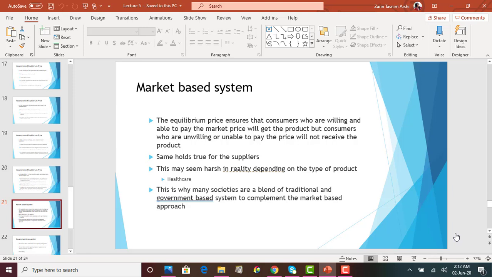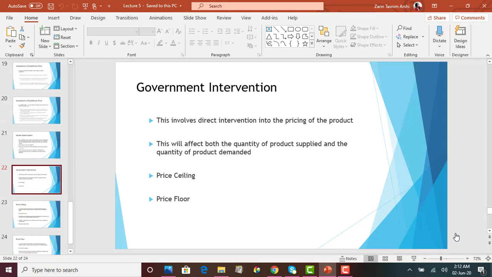In this type of society, there is a blend between free market society and the government coming in to help the consumers and producers, so that this type of good is available to everyone. Okay, again, healthcare is an example. We will see two other examples of government interventions, when government comes into the market and tries to set the price. So what does government intervention mean? It basically means a direct intervention into the market. The government gets into the market and sets the price of the product. They will say, hey, you cannot charge more than this price, or you cannot charge less than this price,